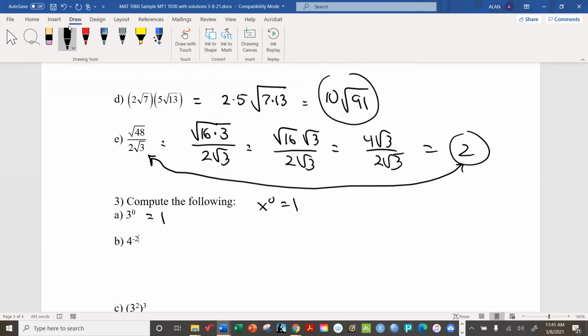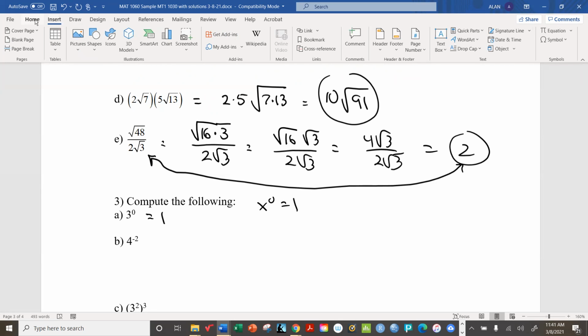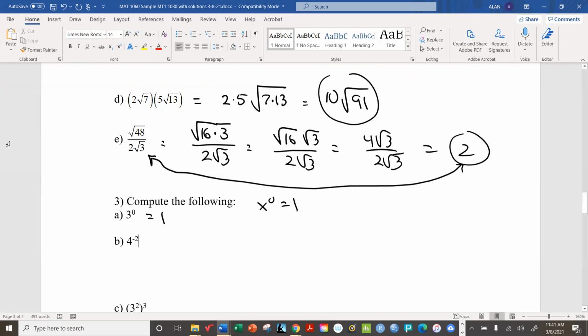Now, how about this one? Now, we have to be careful with negative exponents because negative doesn't mean there's a negative number. It means that this is a ratio. Okay, 1 over 16. Now, if you did this with your calculator, you would have gotten the decimal equivalent of this, which is 0.0625, and that's perfectly acceptable too. It doesn't have to be a fraction. Either one is fine.